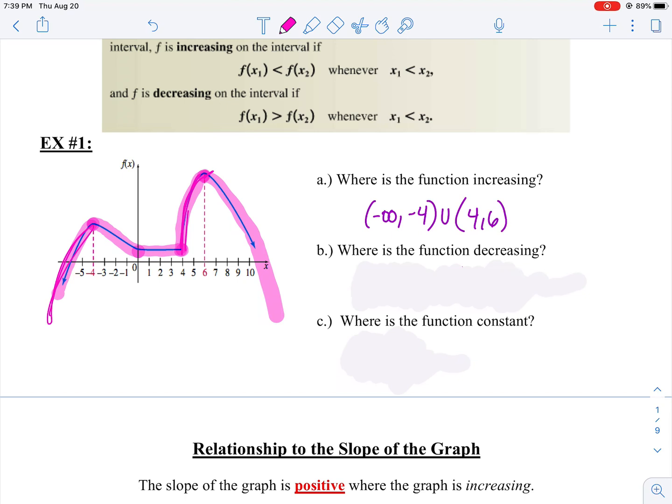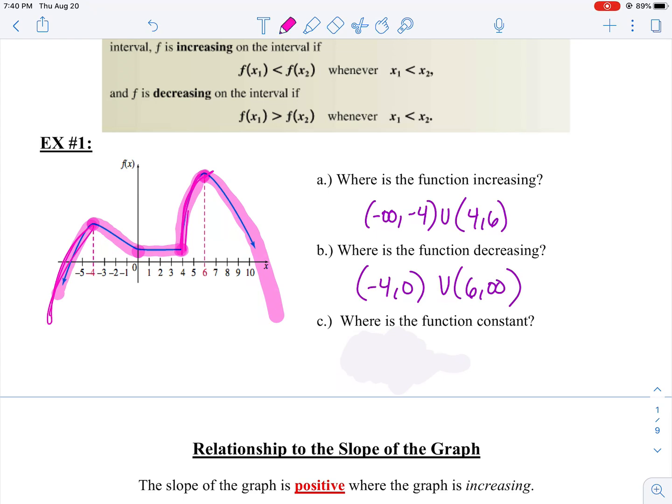So then where would I be decreasing? Well, it looks like on my graph, in interval notation again, I'm decreasing from -4 to 0, and then again from 6 to infinity. And we're saying infinity because those arrows are going to tell us that we're going to continue going down, right? We're using parentheses, if you notice, on all of those different ends,